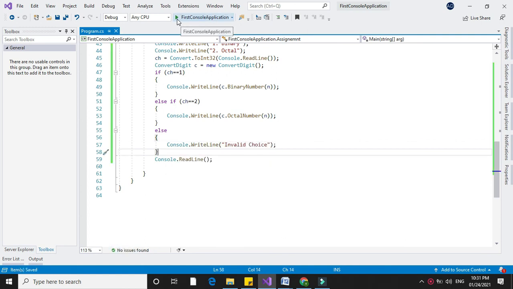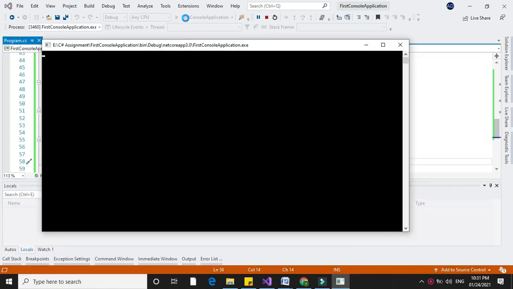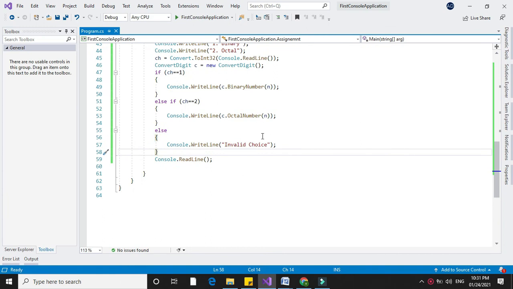And to execute we will press F5. If I enter the number 7 and I enter the option 1, it will print binary number 111. We can give the caption here.